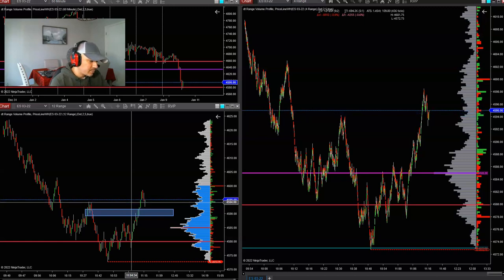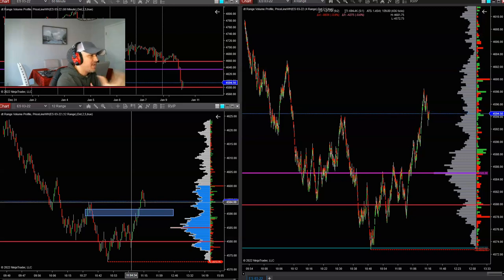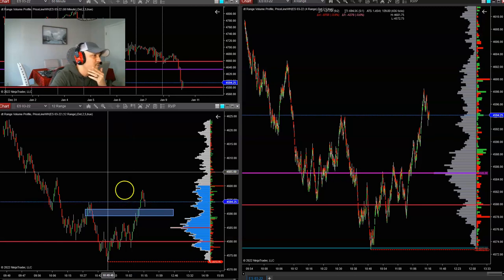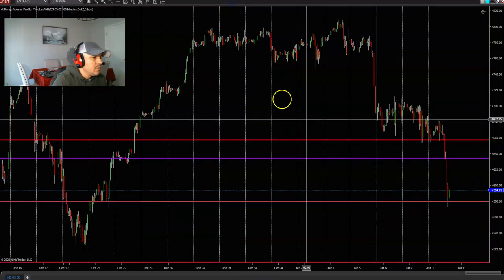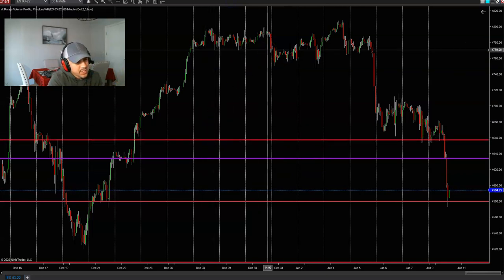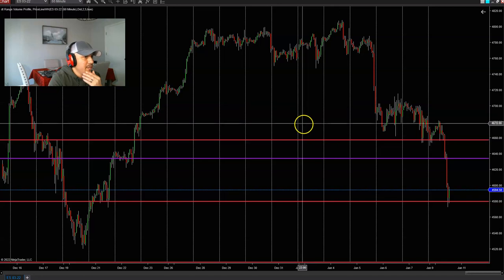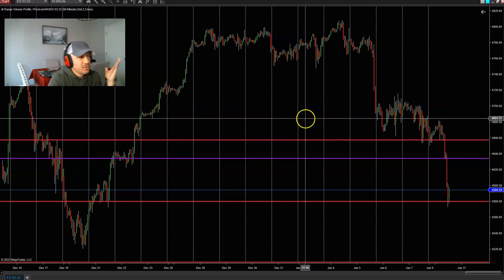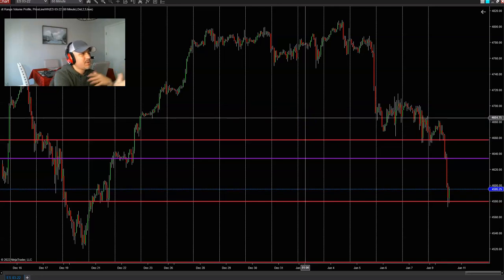Okay, one, always look at your higher time frame. The higher time frame, supply and demand areas. Figure out what the market is doing from a higher time frame. All right, so what did I do? I looked at my 1 hour chart. I'm using a 1 hour chart at this time. I'm trying to show you an example that you can use. We can do it off the 12 range chart, but the 1 hour is probably going to give you